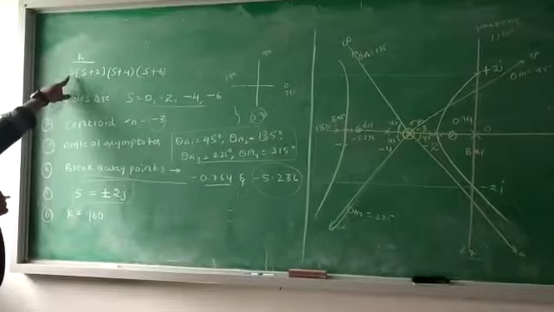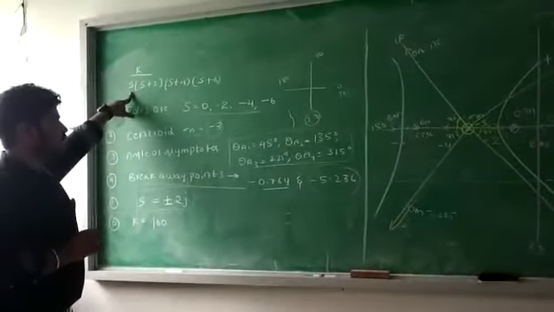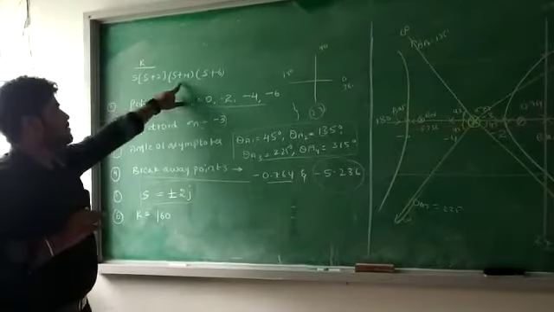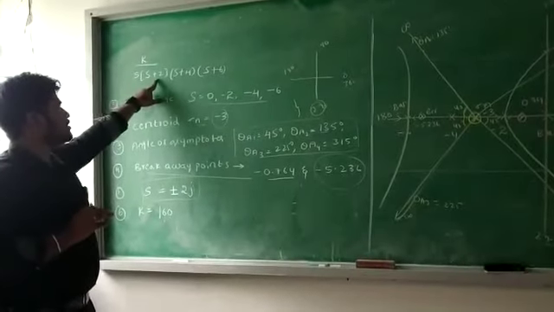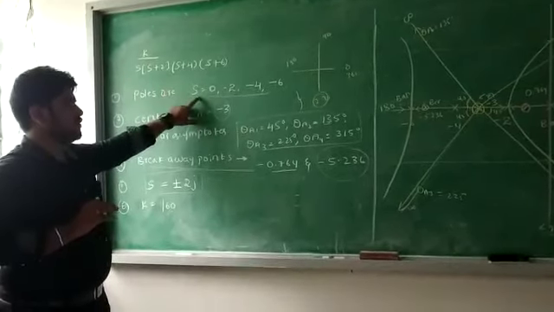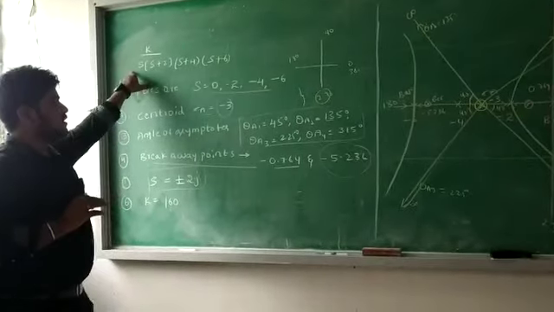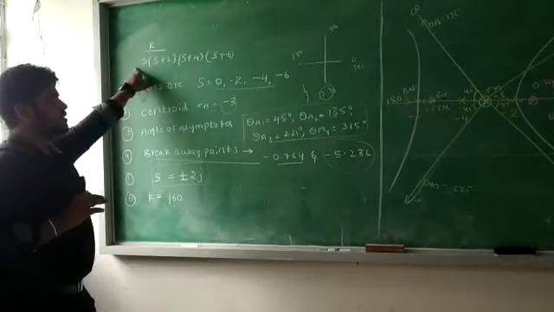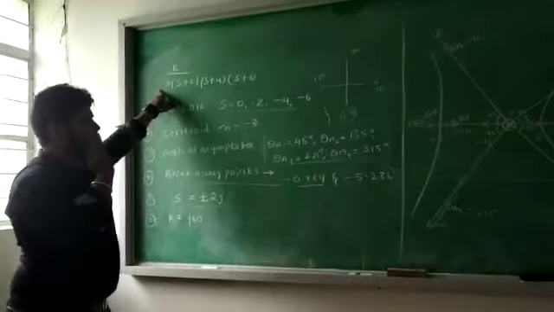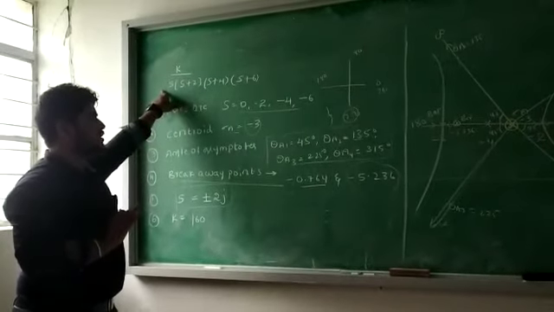In the morning I taught you the complex pole. Whenever a complex pole is given in the problem, you have to determine the angle of departure. But in this problem, we have all simple poles. So s is equal to 0, s plus 2 is equal to 0, s plus 4 is equal to 0, s plus 6 is equal to 0, and determine the values of s. Whenever we have a complex pole such as ax square plus bx plus c, we get both the imaginary as well as the real part. At that time, you have to determine the angle of departure as well as the stability of the control system.